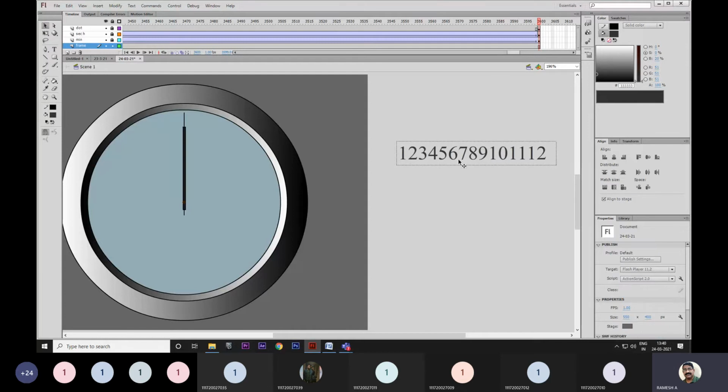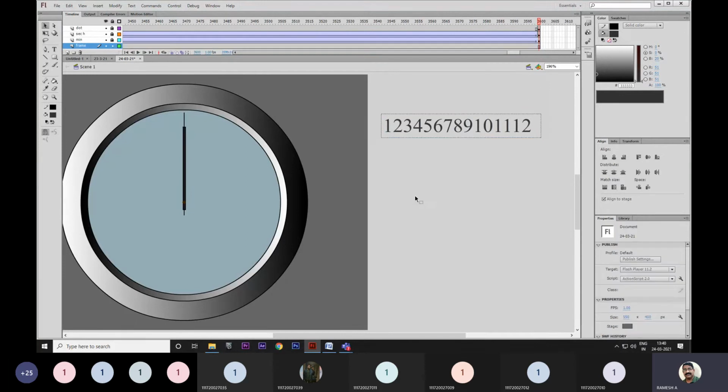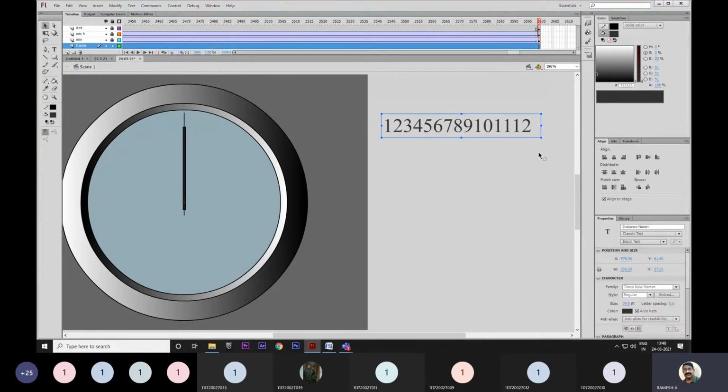Now I would like to arrange these numbers on the frame here, but when I try to move them, all the numbers move as a group. If you want to get each and every number separately, you have to break the numbers. How to break? You have the shortcut for this. Select this and press Control B for break.